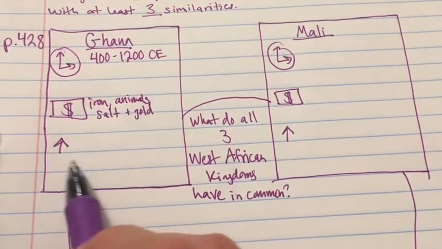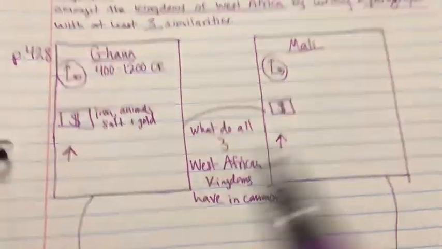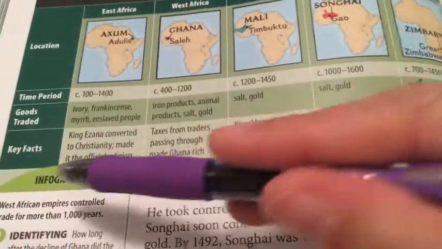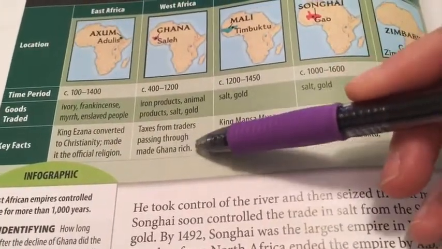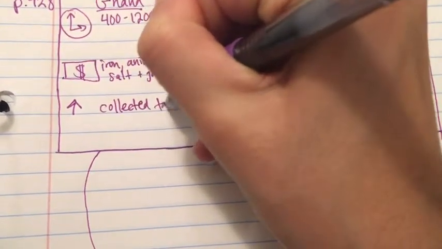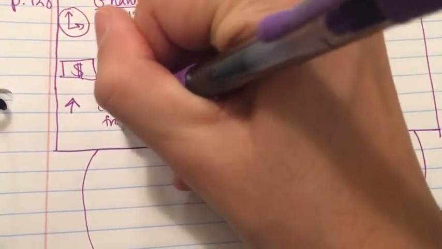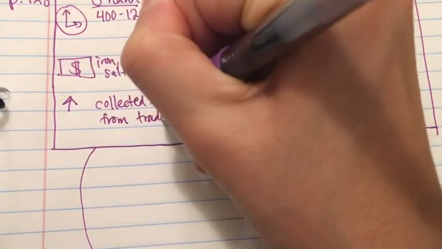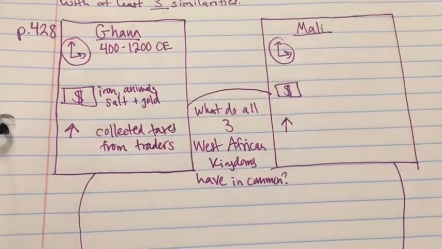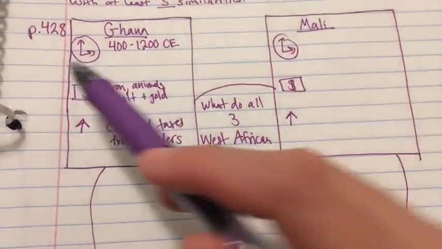And now I'm going to think about last, what else do they do to gain power besides trade these items? So if I come back, I see they also were able to collect taxes that made Ghana rich. So I want to make sure I can write that down. So they collected taxes from the people who traded, the traders. Okay. So now you can see I wrote just very brief notes about each of these from the chart on